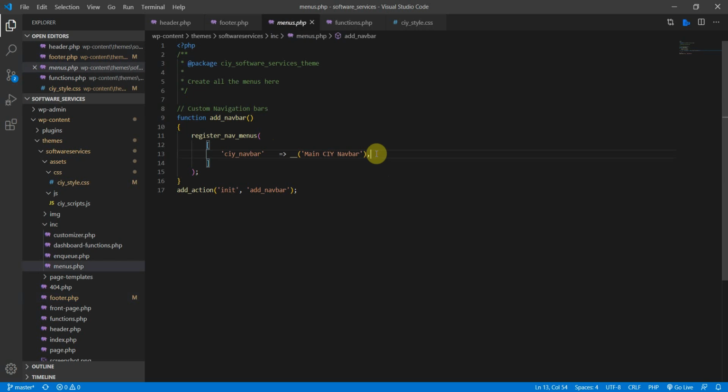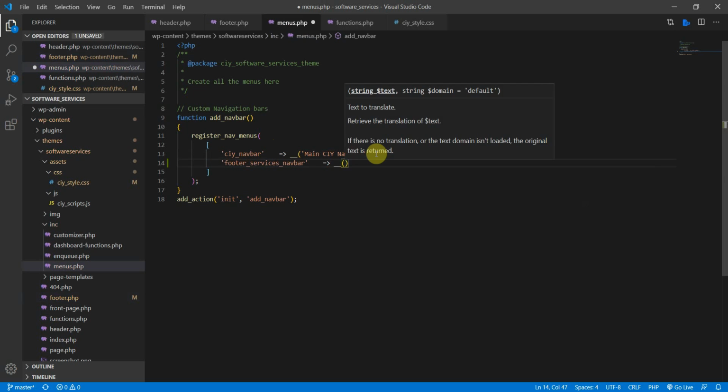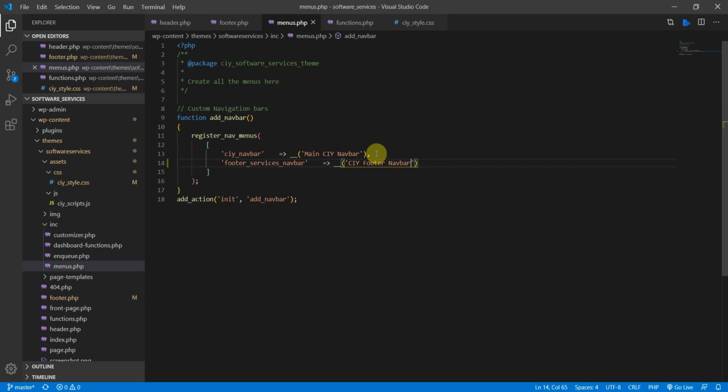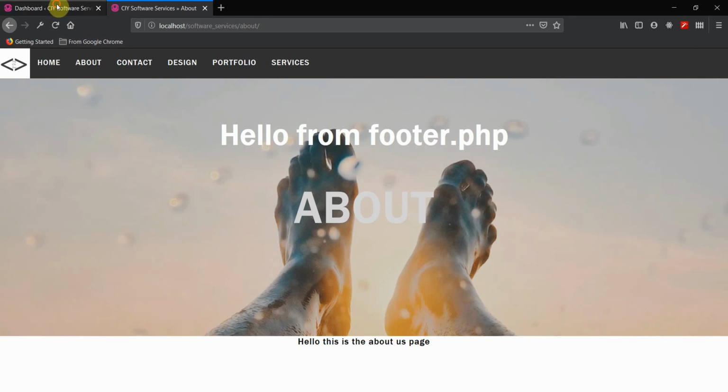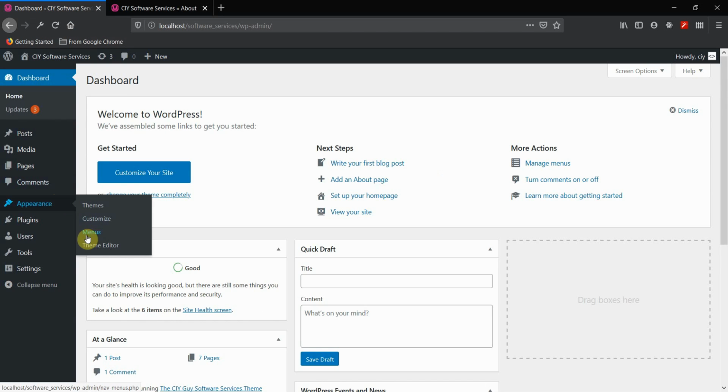So here, let's just add another menu, and I'm going to call it footer_services_navbar, and let's call it maybe CIY footer navbar, and that's that. And now we can head back into our back end, and in appearance we can go to menus,